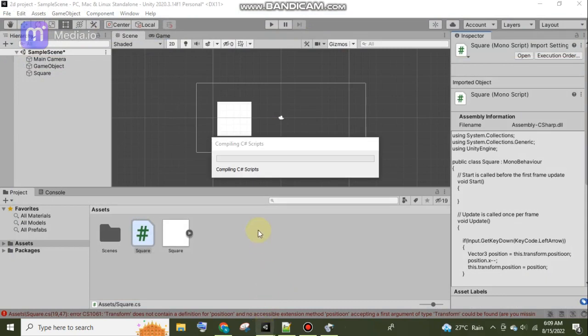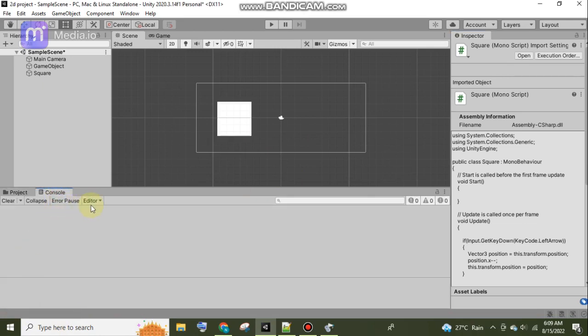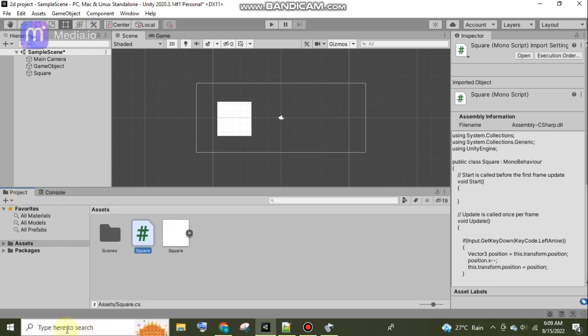It will get compiled. Now if there is any sort of error, it will be reflected at the bottom. Otherwise, if no errors are there, it means your program is ready to run. Here I can see there are no errors, which means the code is error free. Maybe you can check the console, there are no errors. Now the next part is that you need to run this program.